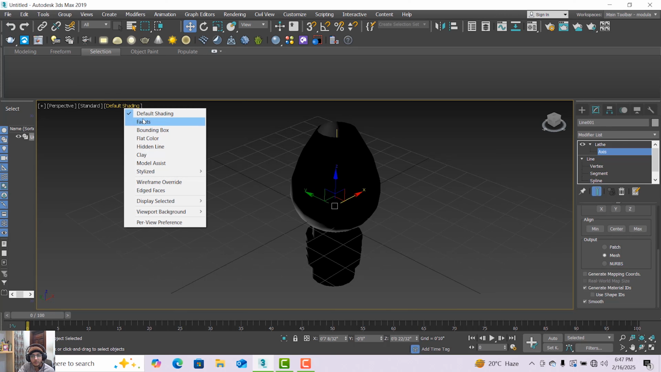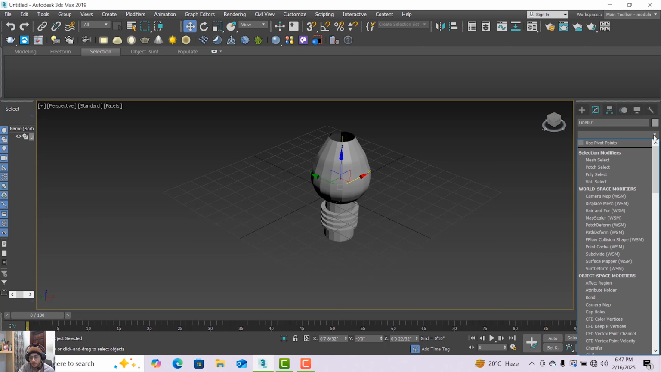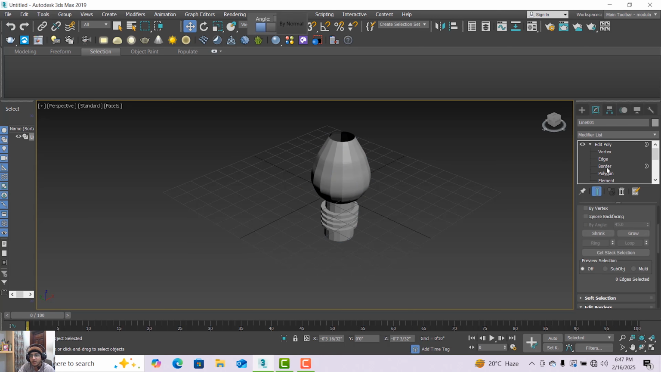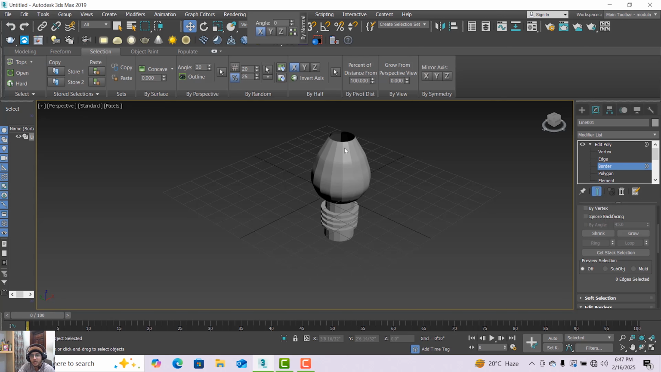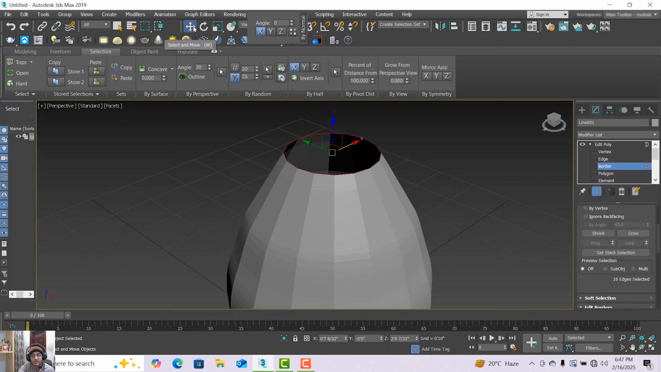Now from here go on the faces. Now make it an edit poly modifier. Apply the edit poly modifier. Coming to the parameters of the edit poly, select the border and select this top hole by clicking on this select and move tool, and then